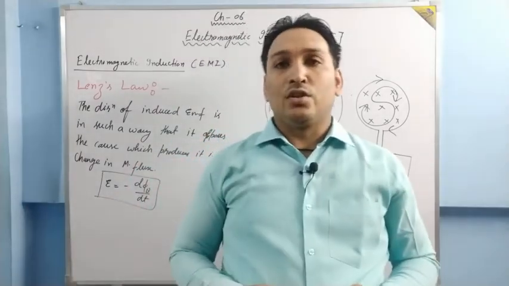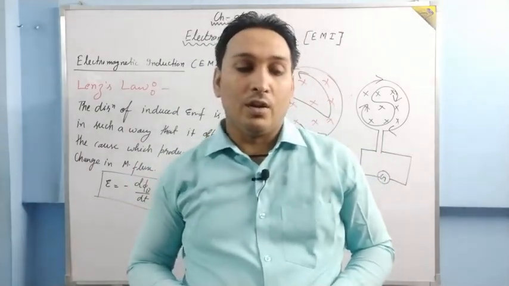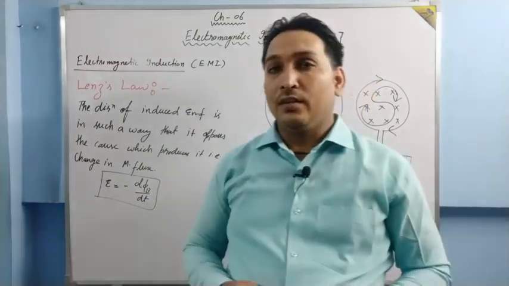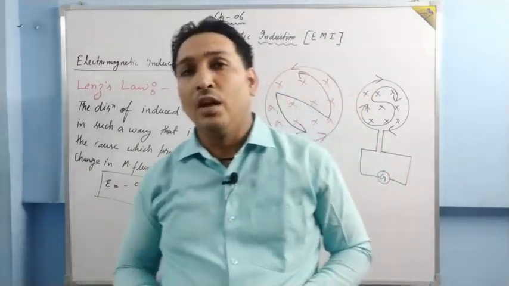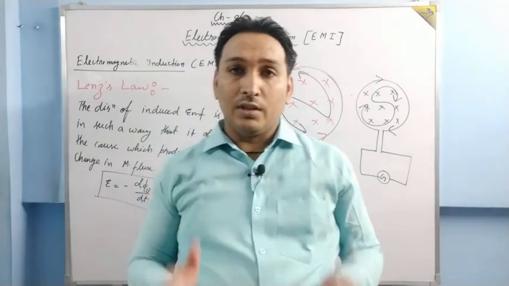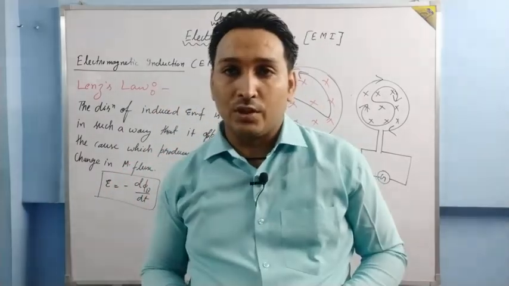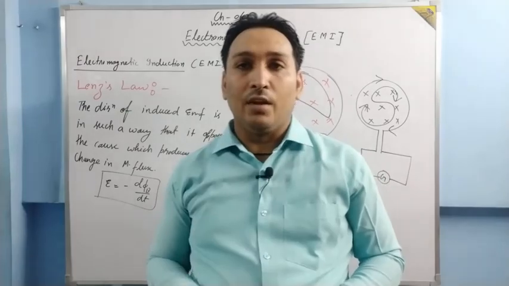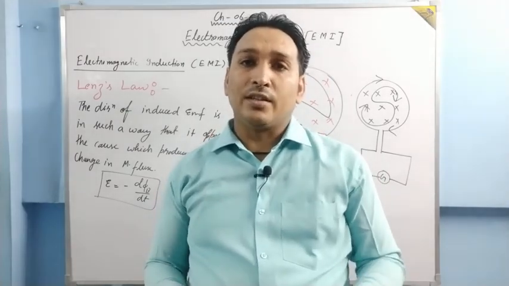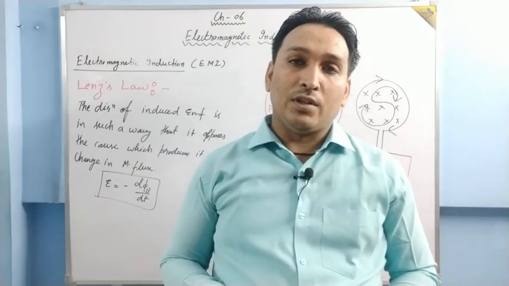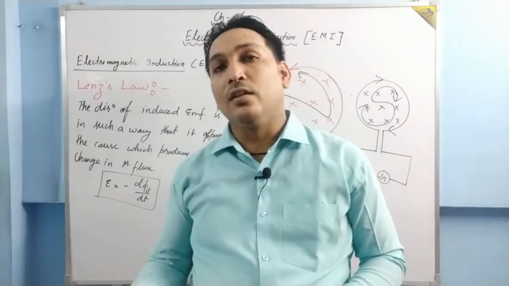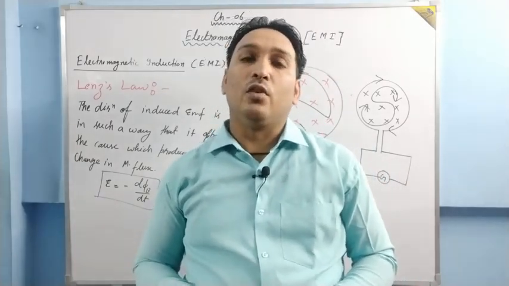Okay, so this is all for the day. We are going to do the next thing in the next video lecture. So many things are there in Lenz's law and so many rules I have to tell you about Lenz's law. But what are the things we have done today? Just think about those things, which are very important. If this chapter becomes clear, the next chapter AC will also be clear. If in this chapter you are struggling, then in the chapter AC you will also struggle.